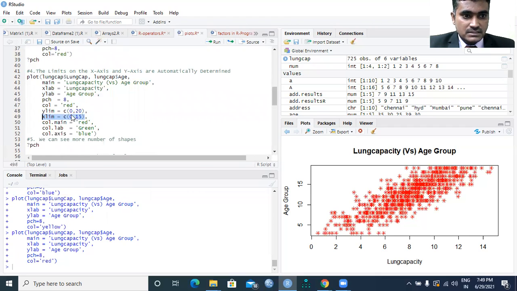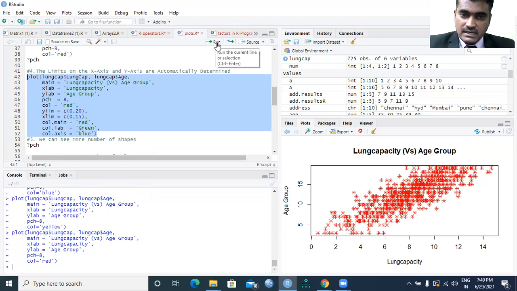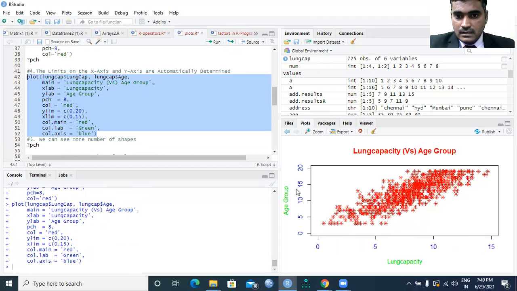The limits on the y-axis should start from 0 and end at 20. The limits on the x-axis should start at 0 and end at 15. You can perform that. Now you can see the limits on the y-axis have changed: it is 0 to 20, and now it is 0 to 15, right?